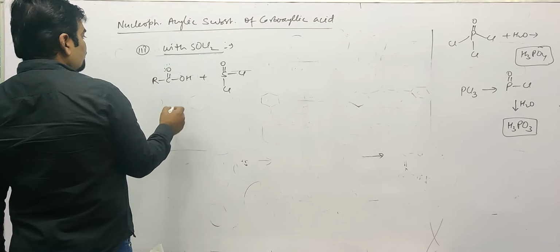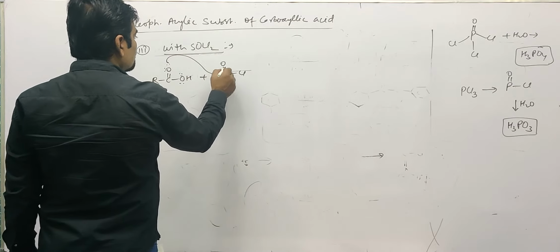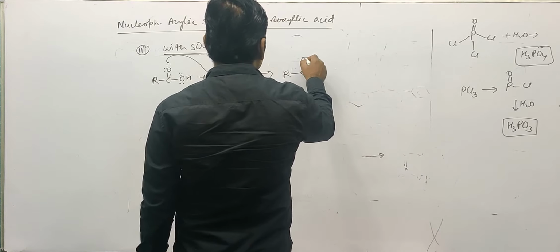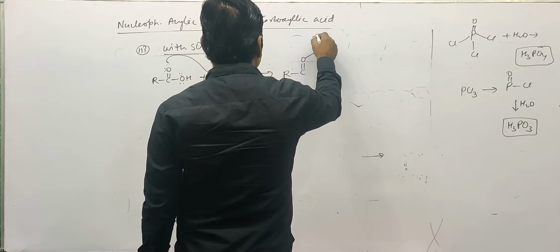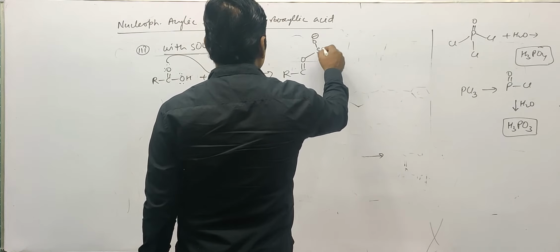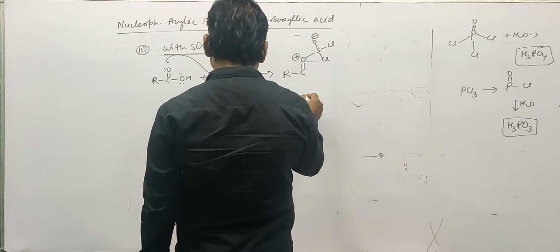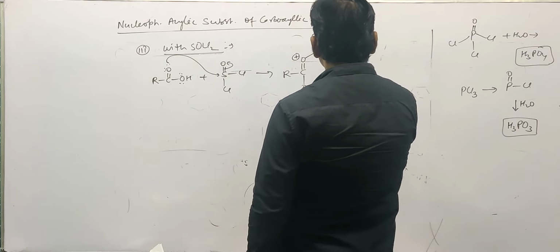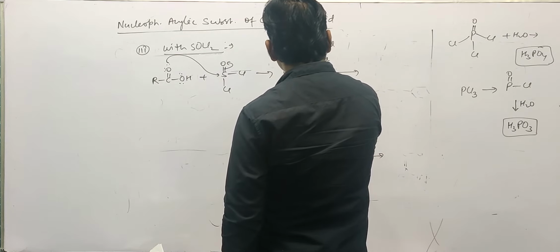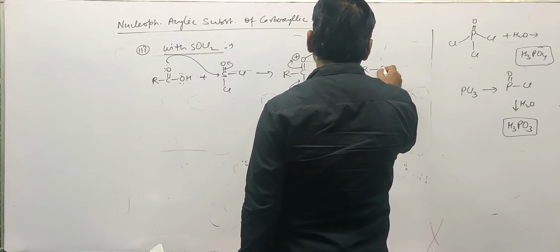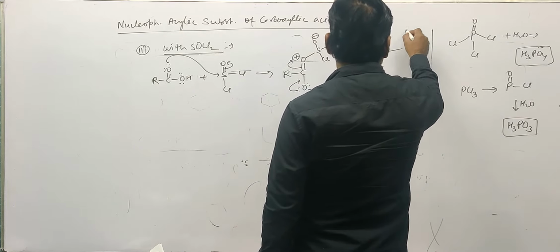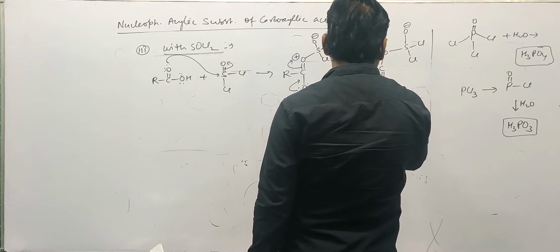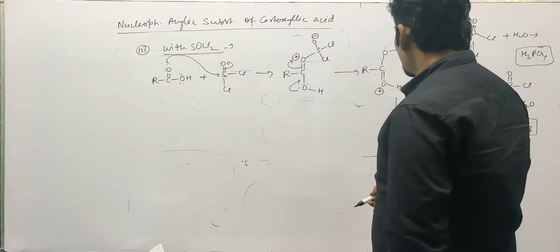So the electron pair of this oxygen is migrated to the sulfur. This bond is transferred. This will become RC double bond O, attached with sulfur, single bond O minus, over here Cl, over here Cl. This oxygen is plus. Over here OH. Now further, this will approach this bond. This bond is getting transferred, becoming RCO SO minus, over here Cl, and this will become OH. This is plus.